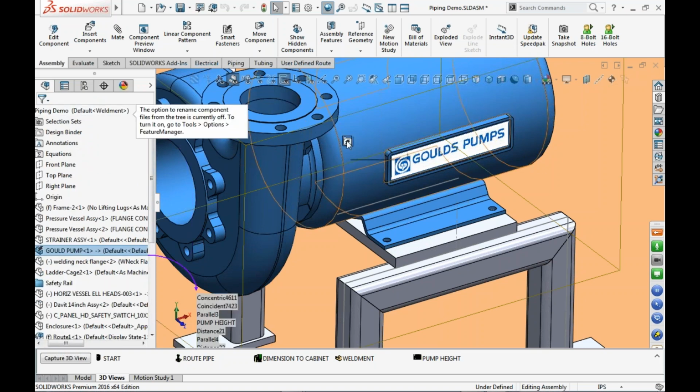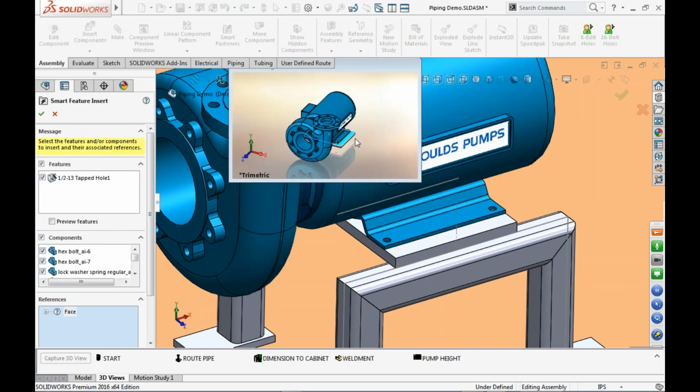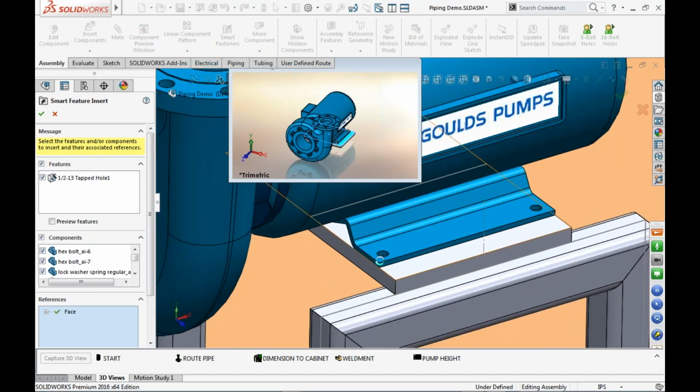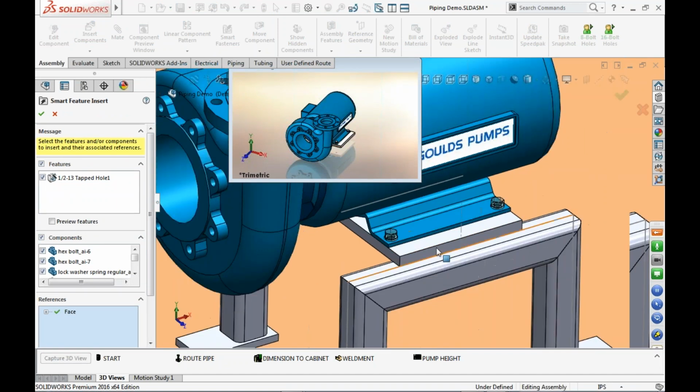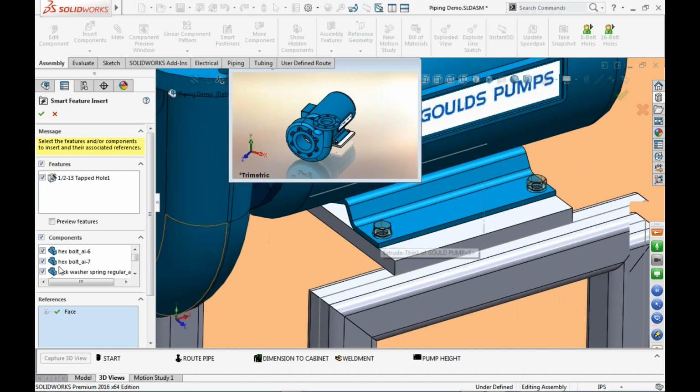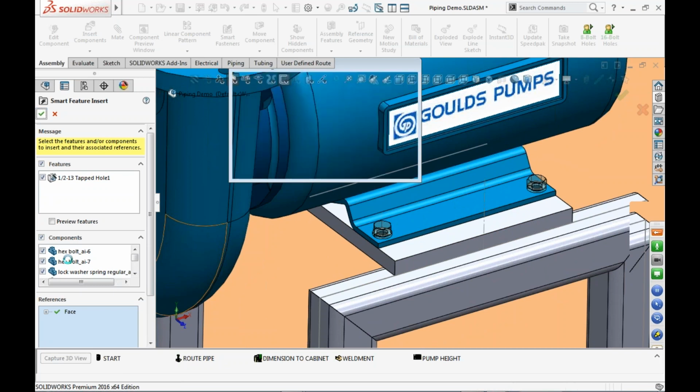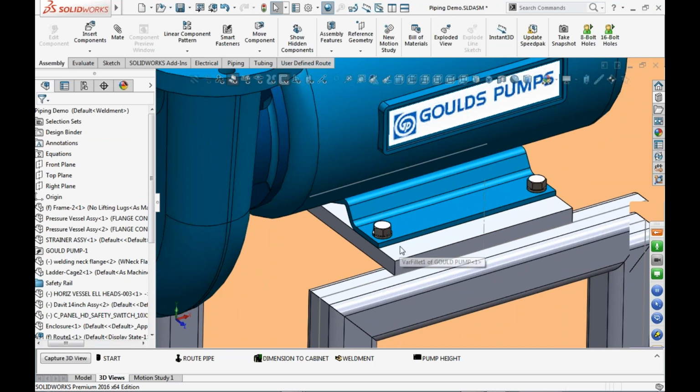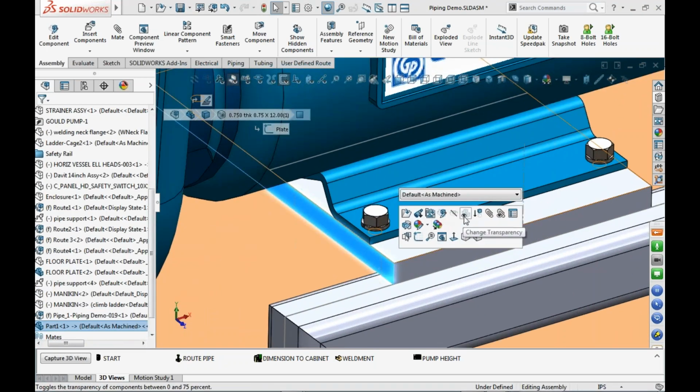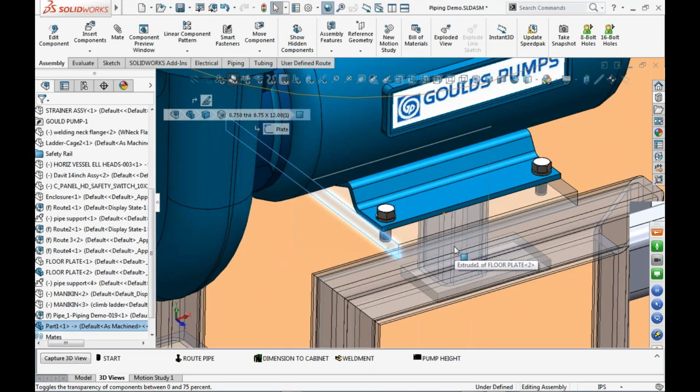So let's just select on this, and one of the very first things it wants to know is what is the plate that you're going to put in there? What are we actually going to drill into? Here are the different options you have for the hex bolts, the lock washers, etc. And you can see that SolidWorks is going to do a great job of just putting that right in there. Let's take a quick look. We'll just change the transparency, and you can see we've done a great job putting all that in for you